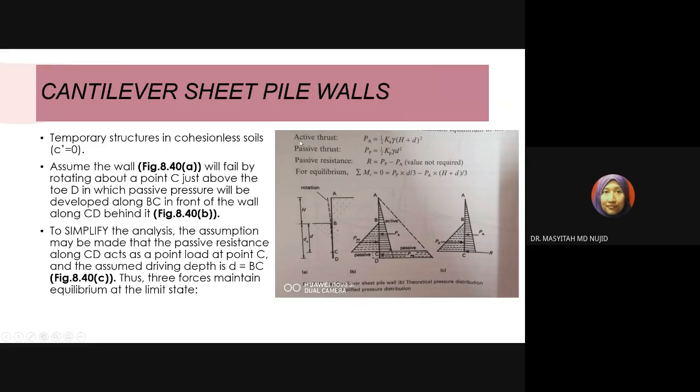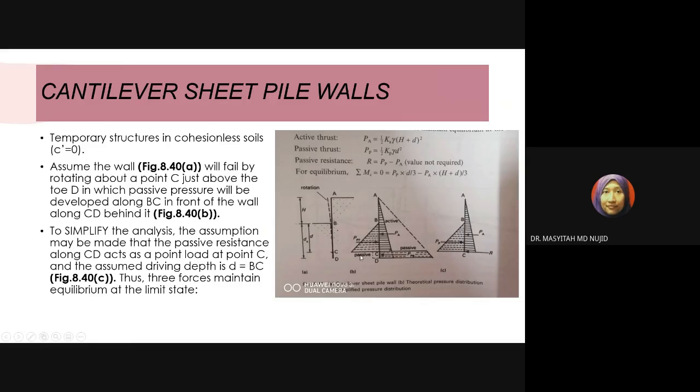Thus, the three forces maintain equilibrium at the limit state. For example here, the active thrust PA is equal to half KA gamma (H plus D) squared, and then the passive thrust PP is half KP gamma D squared. To calculate the passive resistance, R is PP minus PA, and for equilibrium you need to take moments at point C. On the pressure diagram at B, this is the theoretical pressure distribution. By using the simplified analysis method, the pressure diagram is simplified as in the figure